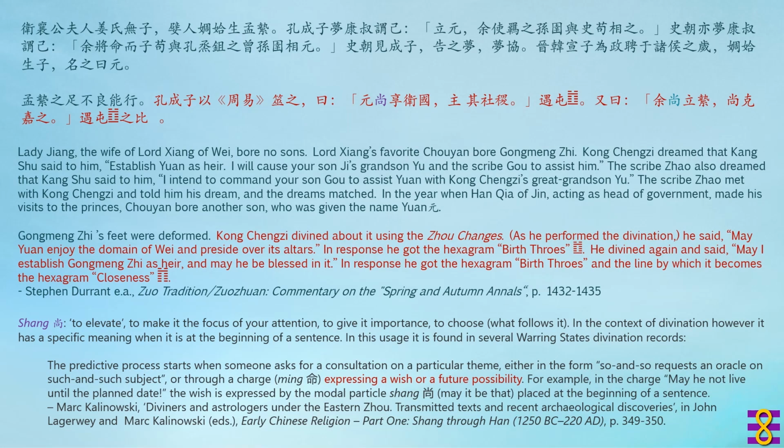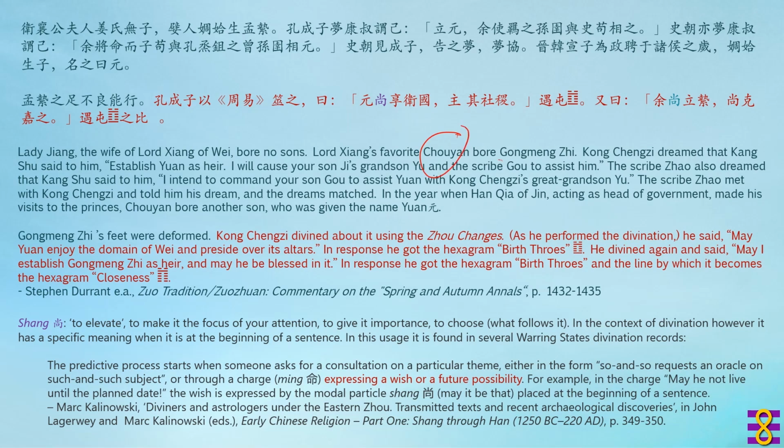Well, isn't that interesting? Two people having a similar dream. The scribe Zhao met with Kong Chengzi and told him his dream, and the dreams matched. In the year when Han Chia of Jin, acting as head of government, made his visit to the princess, Chao Yan bore another son, who was given the name Yuan. So we have the concubine Chao Yan,